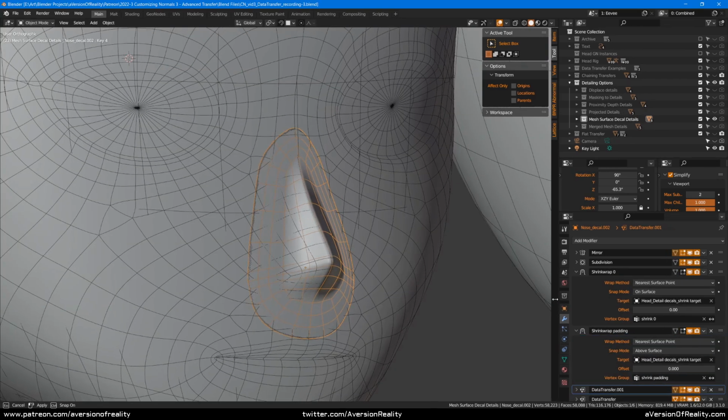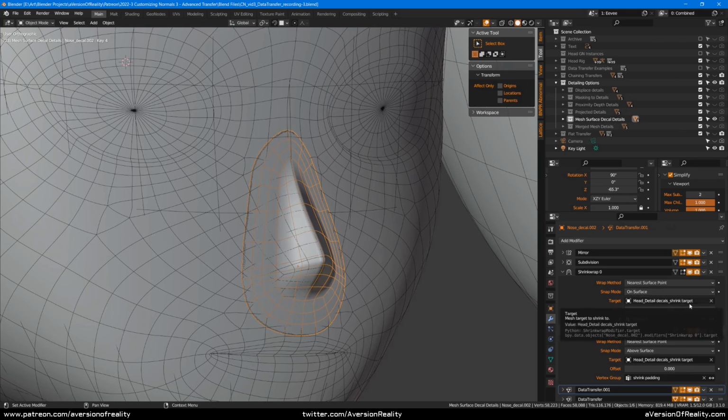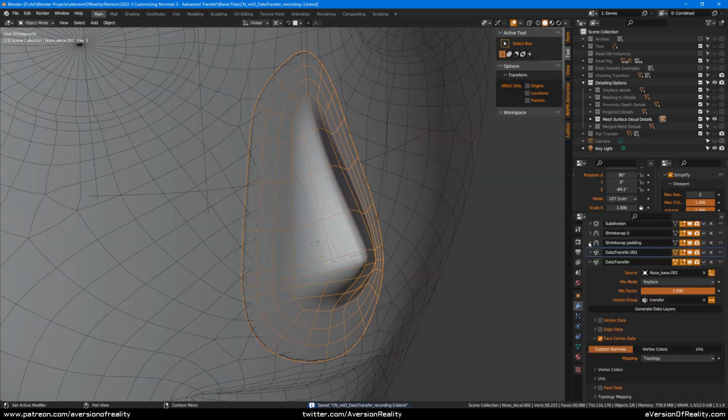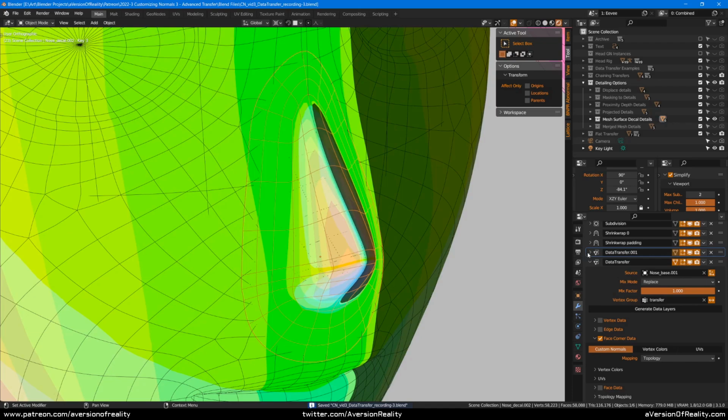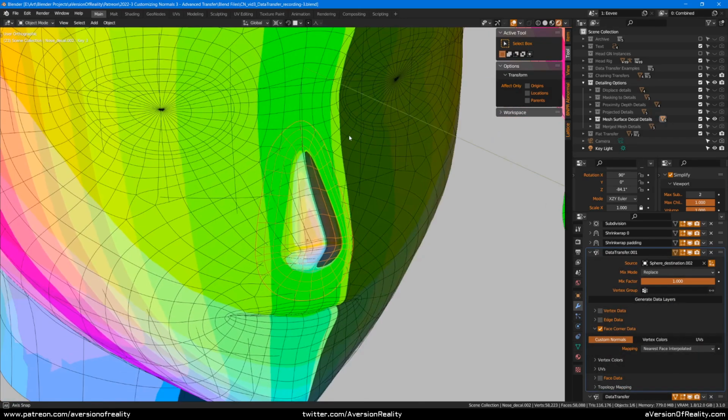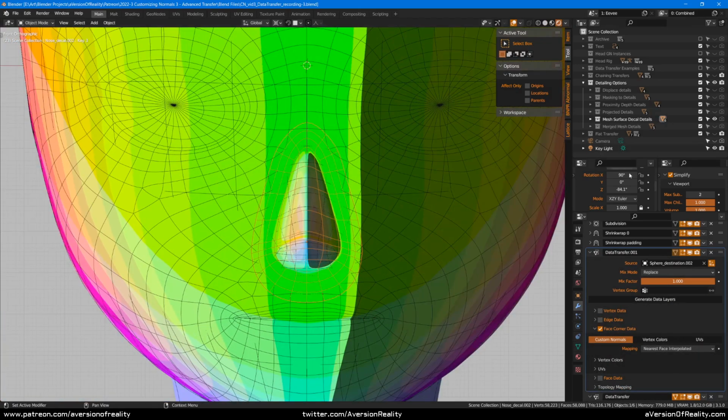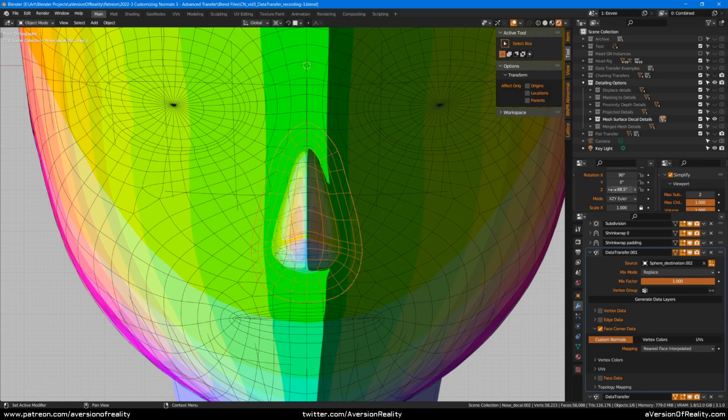The shrink wrap target is actually a hidden copy of the head, though, not the original head, so that we don't get a dependency cycle. And this is still using the same double transfer process as the previous setup to make sure the overall sphere normals are on those margins.